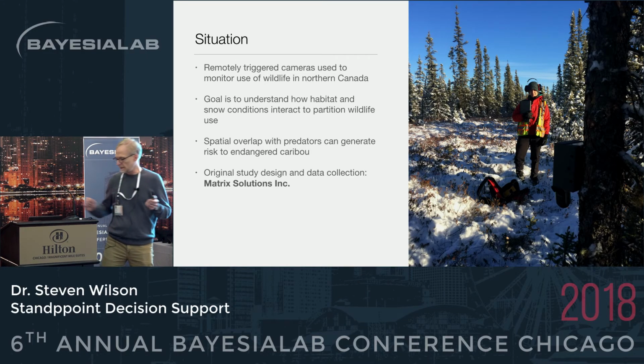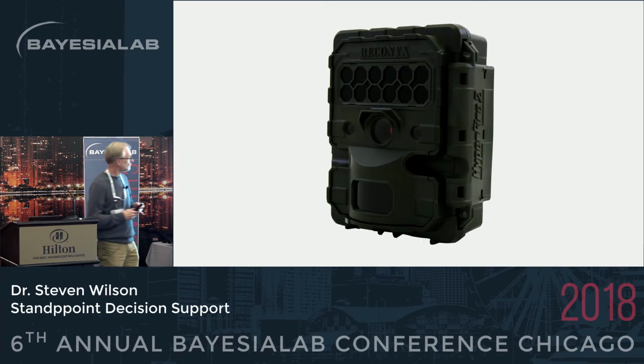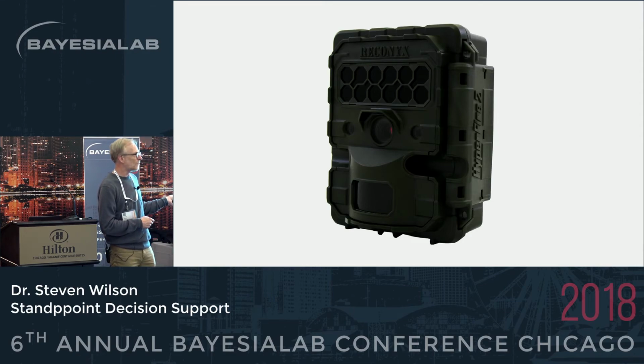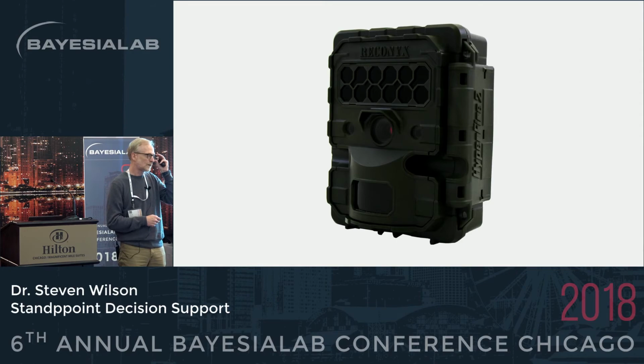So a little more detail on these cameras. This is what they look like. So they have just a standard motion sensor in the front, and then they have a photo sensor basically that can take visual light pictures and also infrared, so they work at night as well. And then the whole thing is in this waterproof enclosure, and you just nail it to a tree,